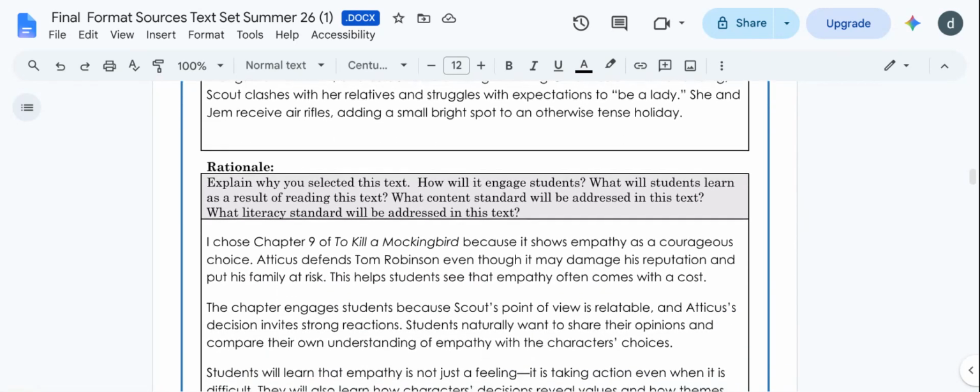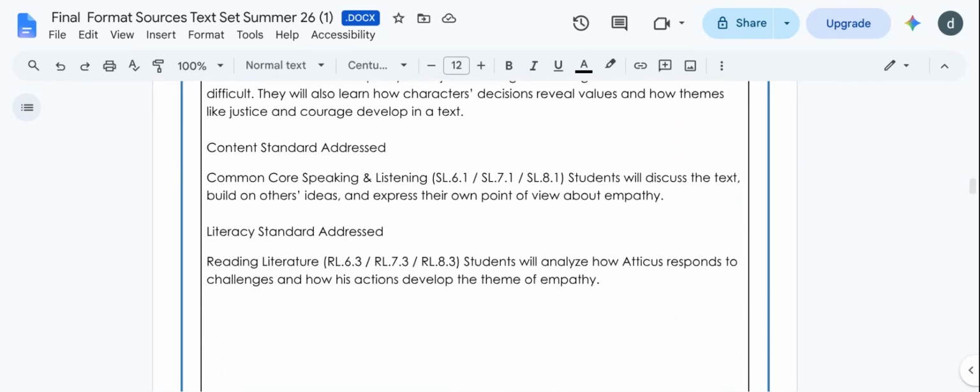I chose Chapter 9 of To Kill a Mockingbird because it shows empathy and courage. Also, empathy has a price to pay. For Atticus and Scout, the price is not being in good harmony within the community. That is very tough, but he decided to be on the side of the truth. Atticus is also a well-known lawyer, and he might lose his good reputation because he is defending an innocent Black man who was falsely accused.